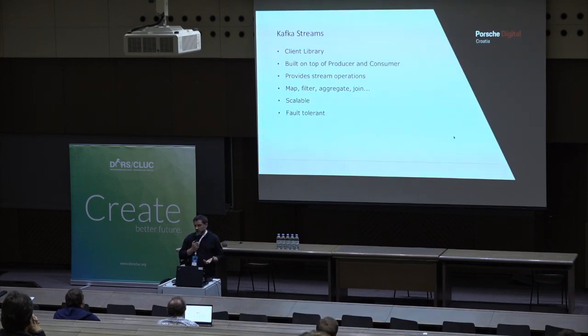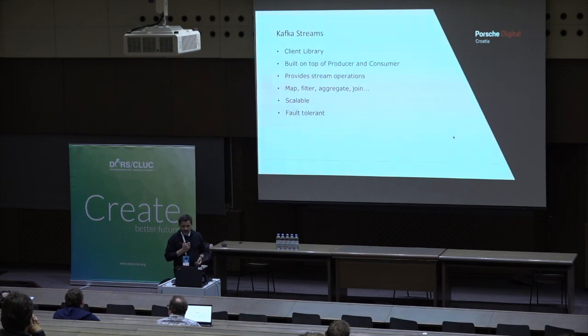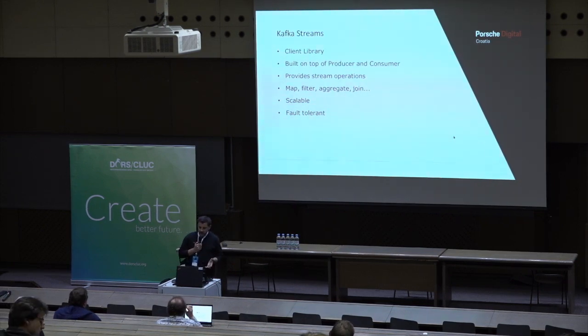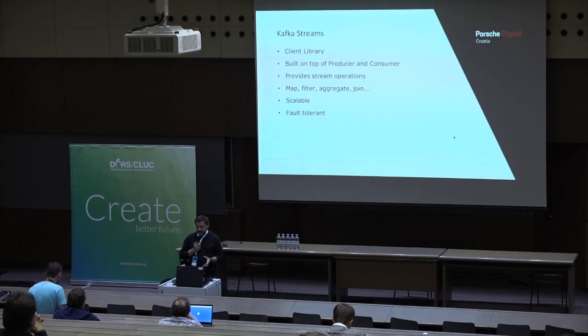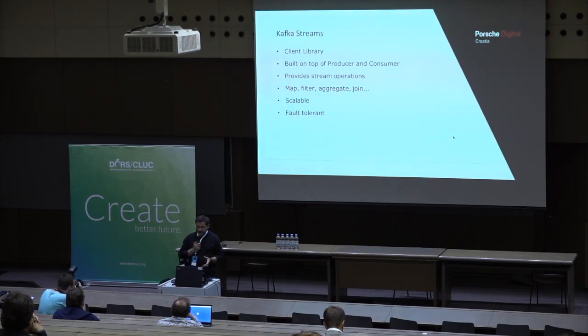It provides streams operations, something similar to, for example, Java collection streams, with operations like map, filter, aggregate, join. These are standard operations that the Kafka Streams API offers. It is scalable. It inherits the scalability of the consumer, and it uses the consumer group rebalancing protocol, and for that you can just have any number of instances of your Kafka Streams application, and it will